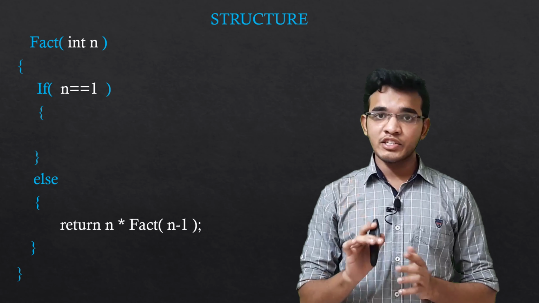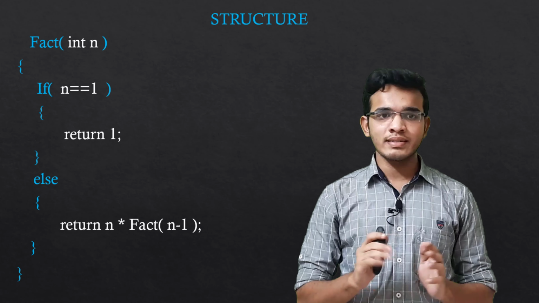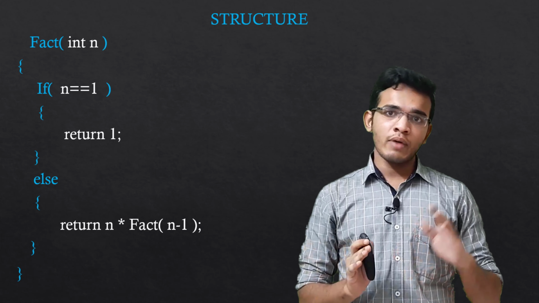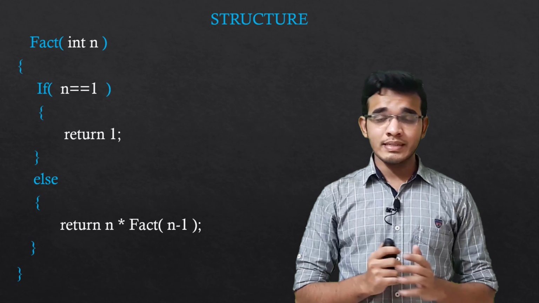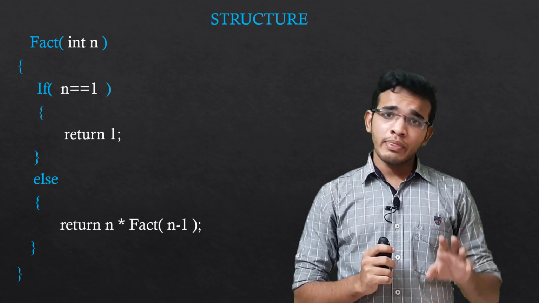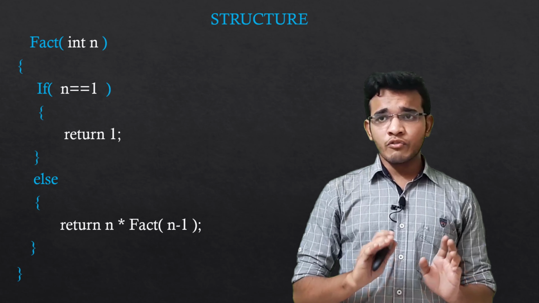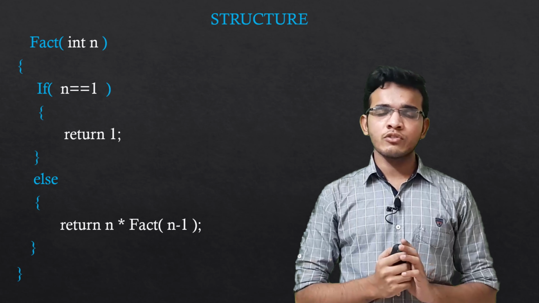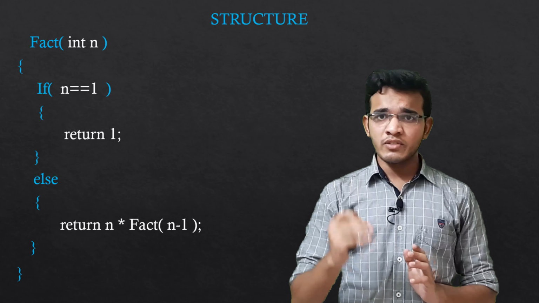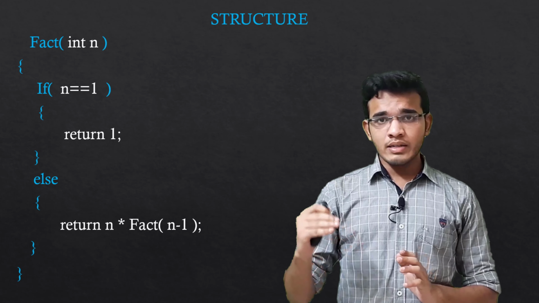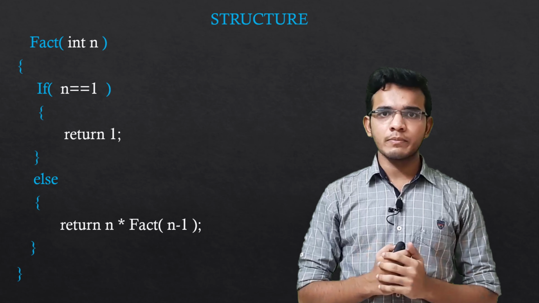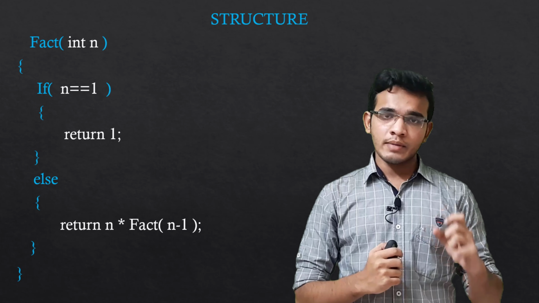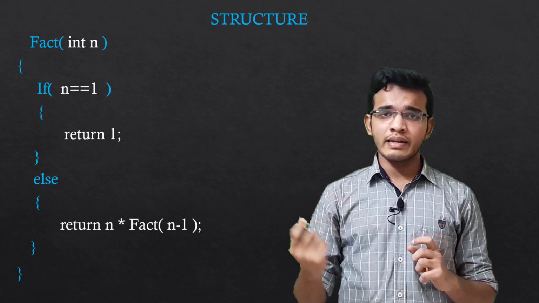The base condition is specified in the if block, so just return 1 if the n value is equal to 1. This is the basic factorial program that we can talk about. You could follow this approach for any recursive function: specifying the recursive function, and from the recursive function, you could derive the base condition. These are the must-follow steps to design a recursive function. In the next part of the video, I will talk about different types of recursion.